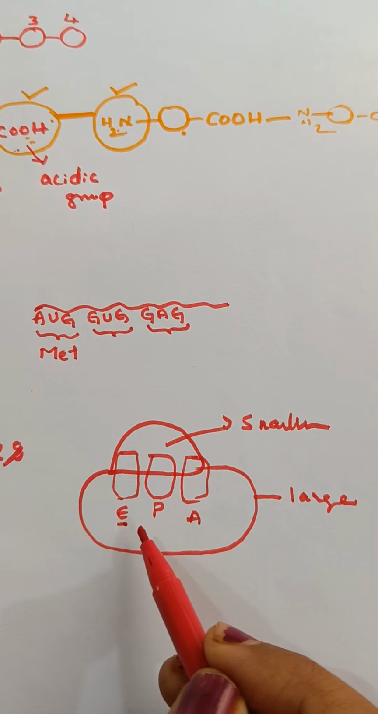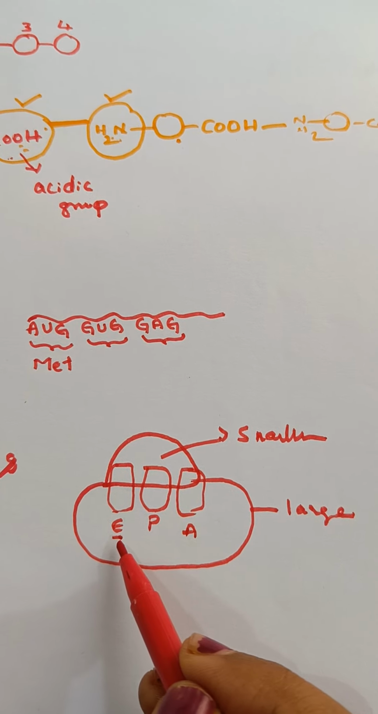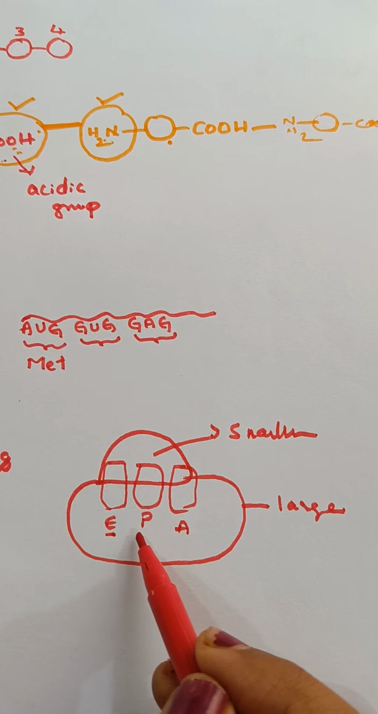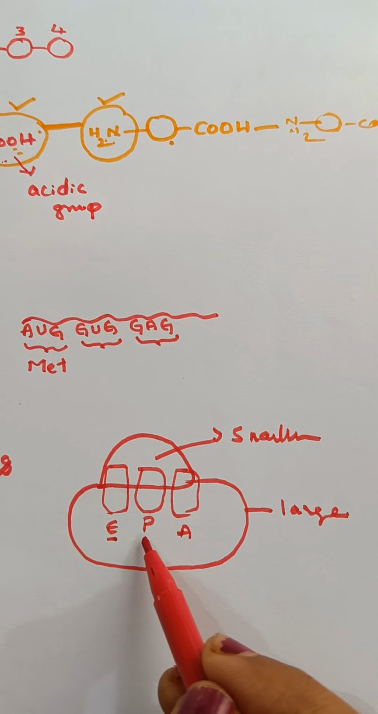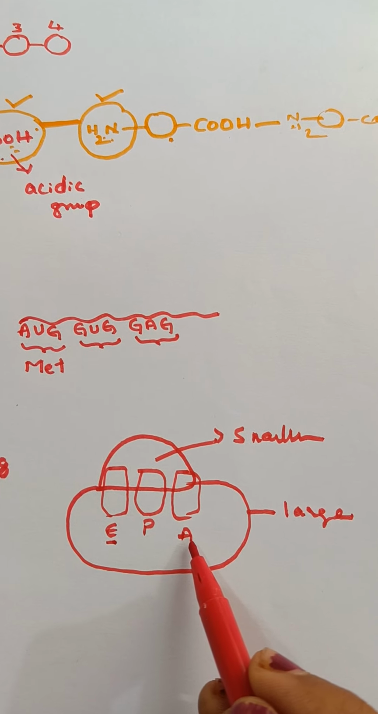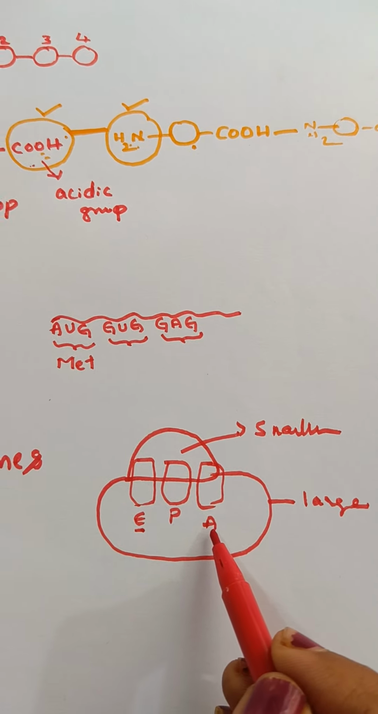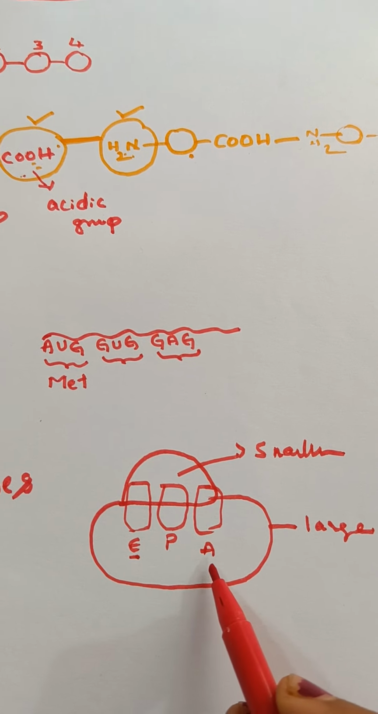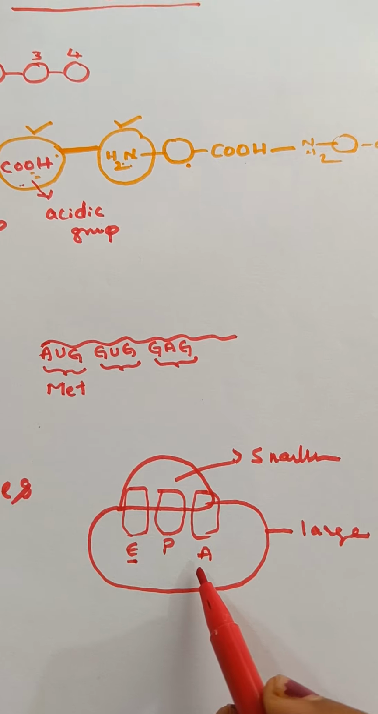E site, that is exit site from where the tRNA exits. P site is peptidyl tRNA site. A site is amino acyl tRNA site. We shall discuss more about these sites and what exactly happens in these sites when we look at the process